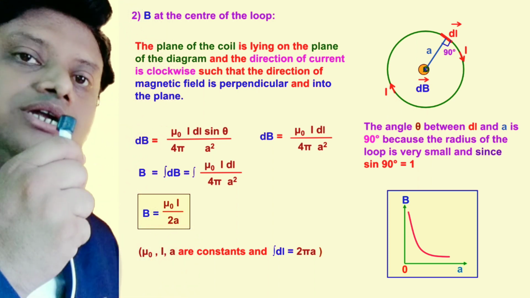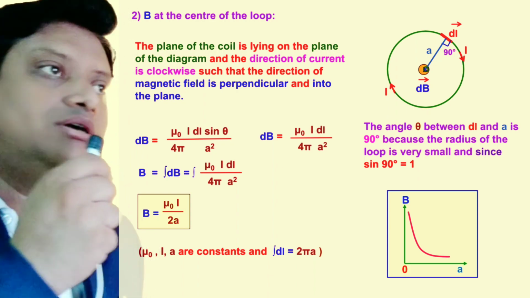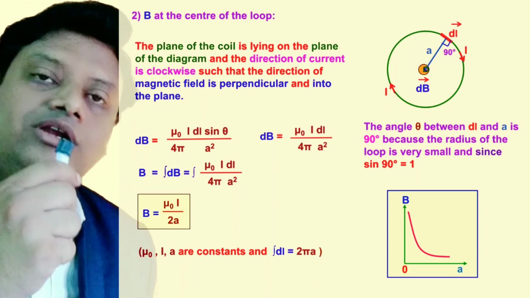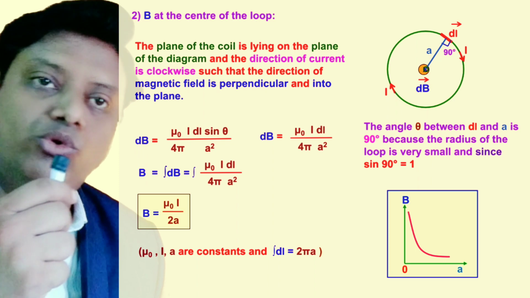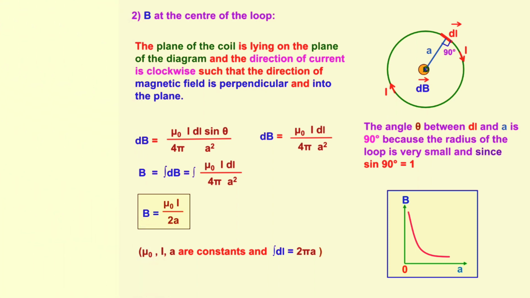So according to this, if we apply the rule here, we will find that the magnetic field is directed inside the plane of the board. Just to see another slide. Now in this slide we can see that the current is moving in the clockwise direction, and the magnetic field at the center is denoted by a cross. Here the cross means that the field is directed inside the plane of the paper.